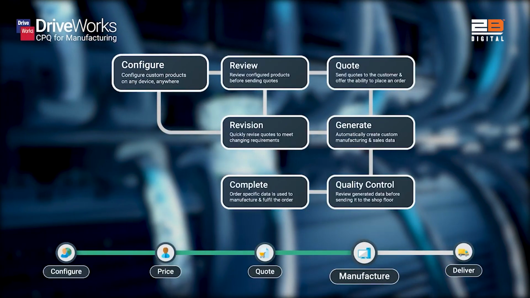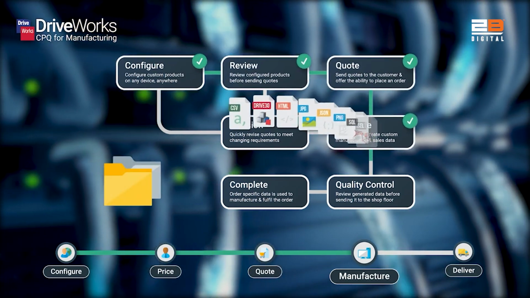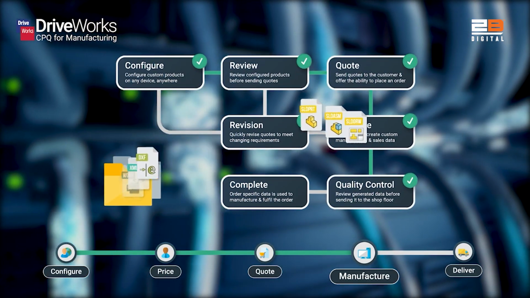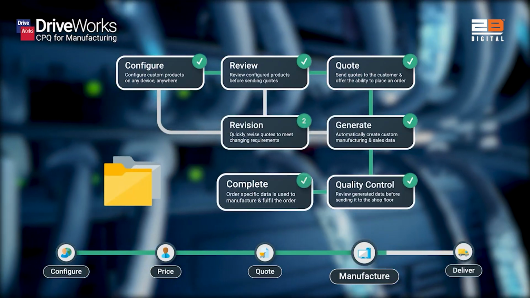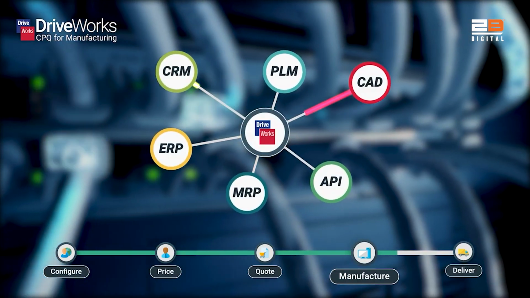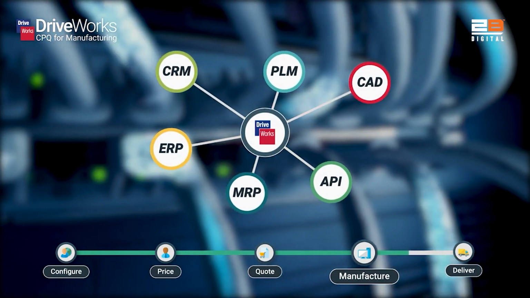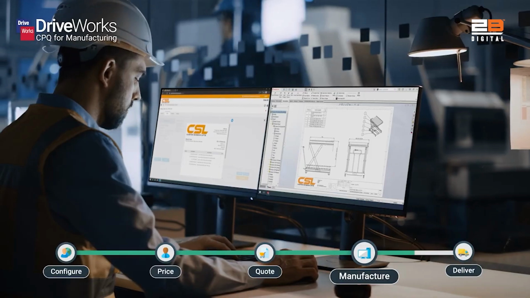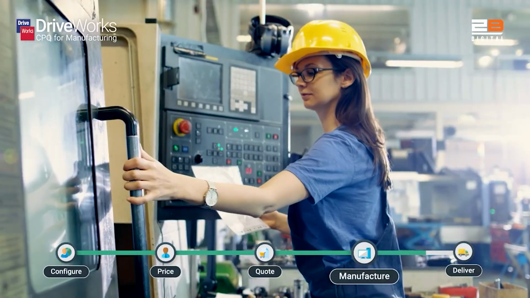In the background, DriveWorks automatically creates the order-specific manufacturing data needed, including 3D parts, assemblies, drawings, bills of material, and much more. Integration between DriveWorks and other company systems ensures that the data can be linked to your ERP and CRM systems. As part of your workflow, the data can also go through a final review before being sent to